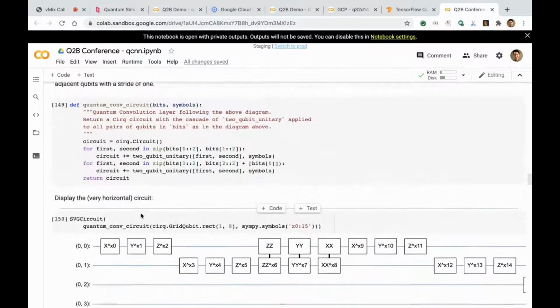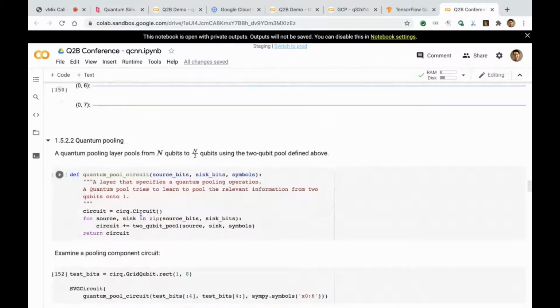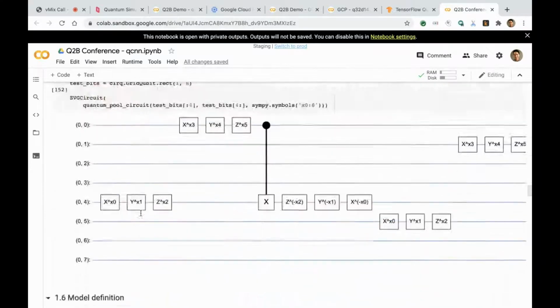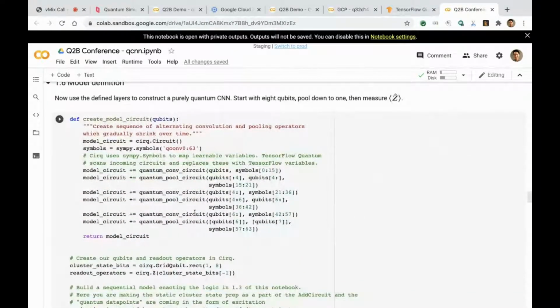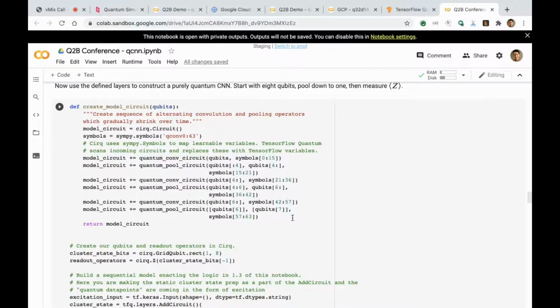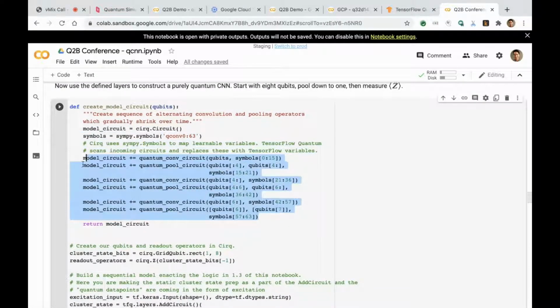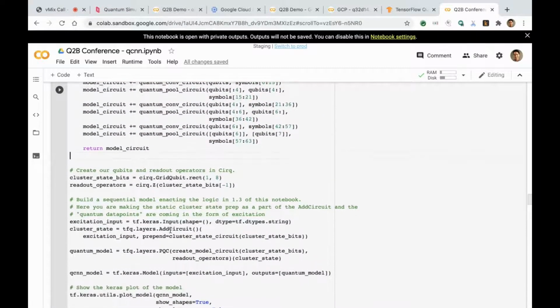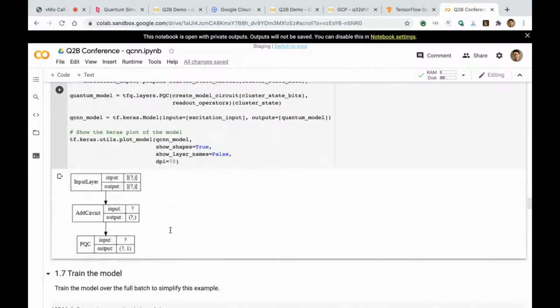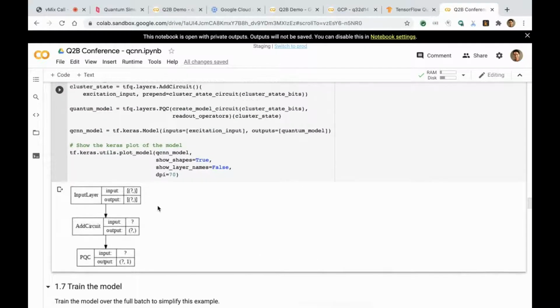And then we're assembling these convolutional layers, followed by these pooling layers. When we construct the actual circuit itself, we are basically using all those various building blocks and layering them on top of each other, very much like Lego. And so if you look at the output, as you can see here, we could use the Keras